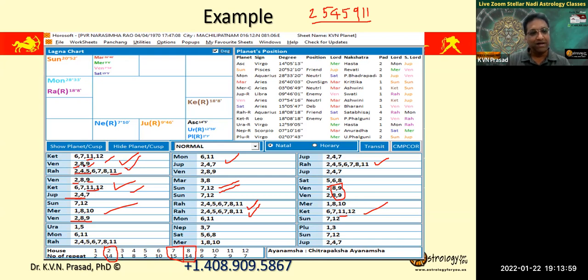I mean, you see here, right? How many? 2 times he's here, 1 and 2. Here also 8. And here also 2 times. Here also once. Here also once. Here 2 times. Here 1. Here 3 times. Here 1. So all the 9 planets have 8th house. Right. So you can say occult sciences. Anything related to 8th house, he will be very much interested in. So you will be very much interested in research, occult sciences, and all that. Right? So that is how you can.